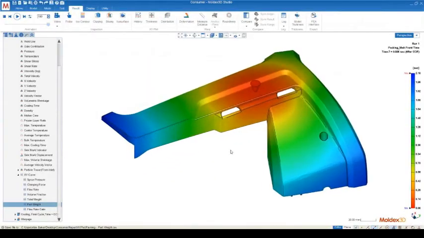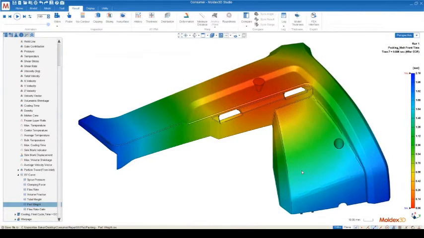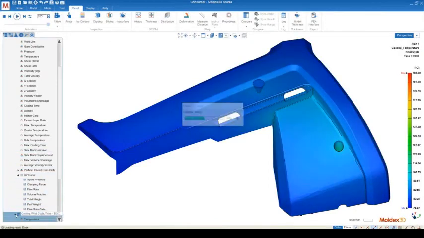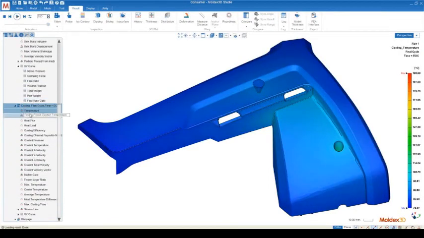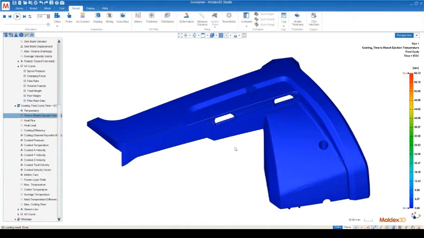Now, moving on to the cooling stage, there's a lot of time that we can save in the cooling stage. The best way to determine whether your cooling time is appropriate, obviously, is to go to my cooling results. The result that I'm going to use is the time to reach ejection temperature. I can't emphasize enough how important this result is, because it tells us how much of our material is frozen,